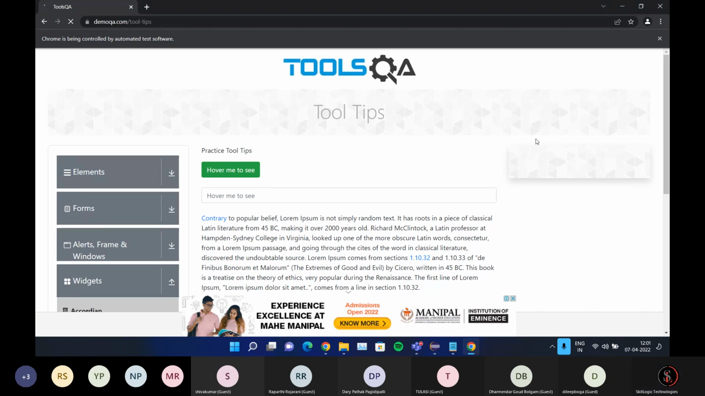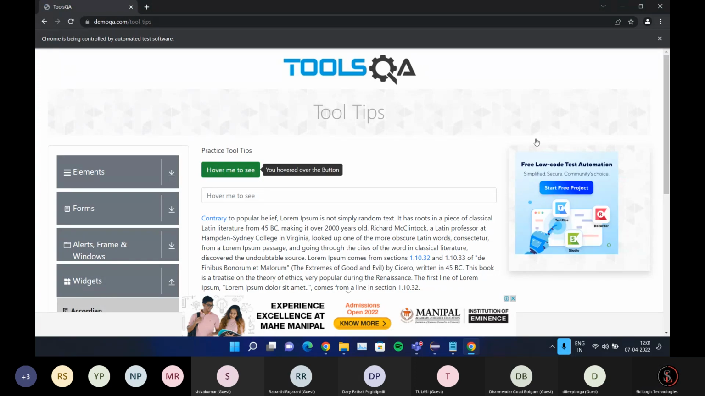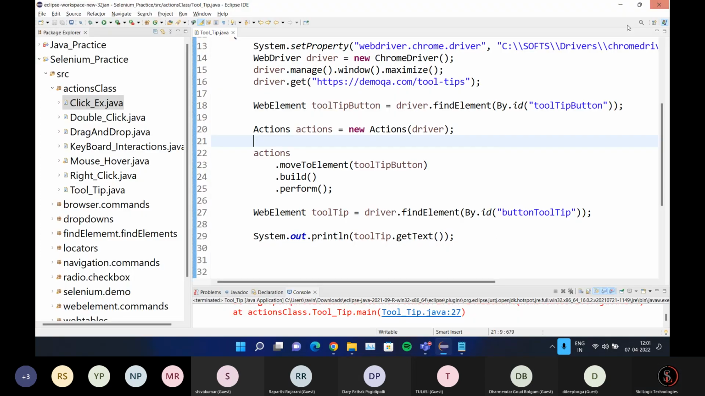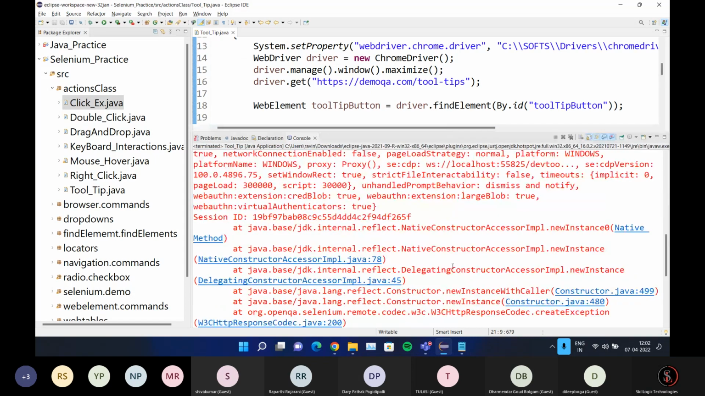It's still loading. Let it load. It hovered on the button. And whether we're able to get the text from the tooltip, we will see whether we're able to print the text or not. Let me close this. We got